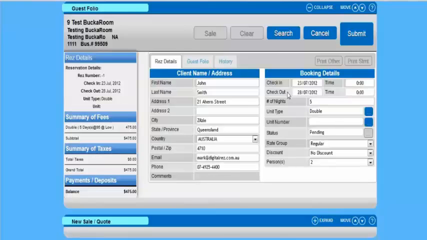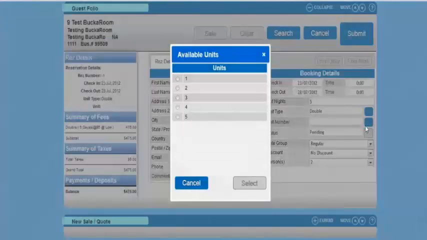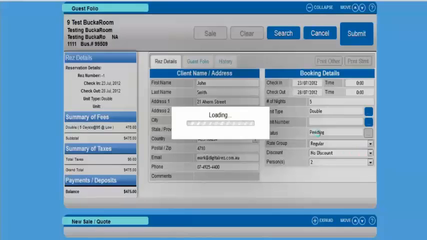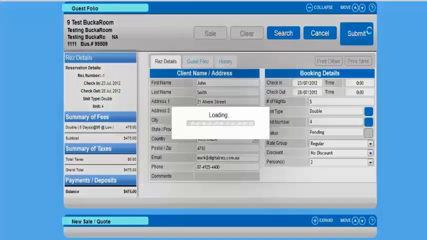So over on the right hand side you've got your dates, you've got the unit type, and you can switch unit types there if you needed to. The unit number you don't need to assign till the guest is arriving, but you can assign a unit number if you wish, and the system will display a list of available units. We can pick one, and then we've got the rate group and the discount as per the front page. So at this point we've finished the booking,